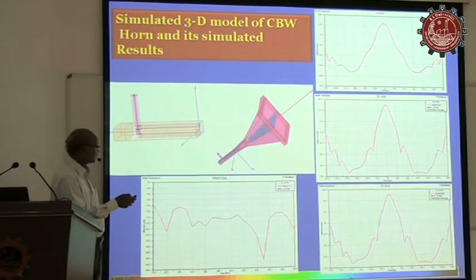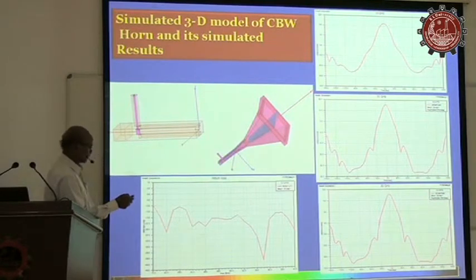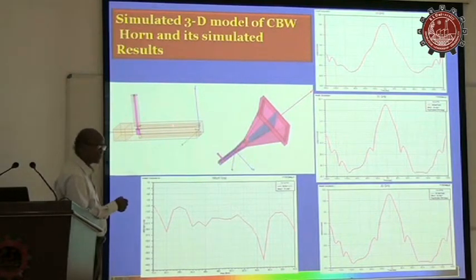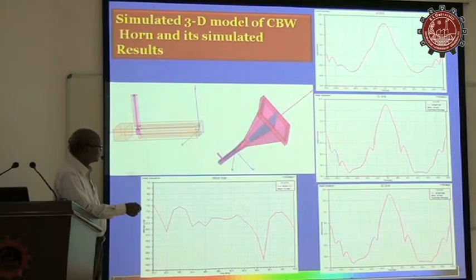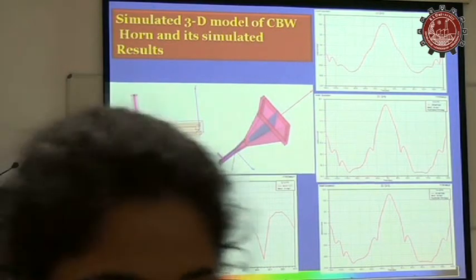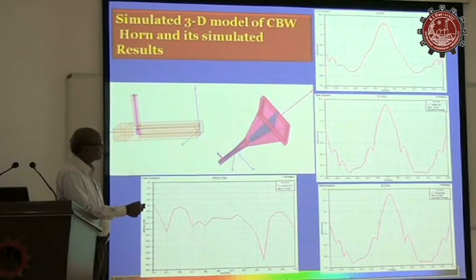So the design, we went step by step like this. First, this waveguide to coaxial adapter. First we designed and simulated it. You see the performance, minimum 20 dB return loss covering 8 to 40. Once you finalize the design, then we went for the horn. Normally, sir, if you truncate these ridges in the horn, control of the beam width in the E and H planes is difficult. So we introduced a small transition. Then we made the horn. Then we applied the constant beam width concept to achieve constant beam width over the frequency of 8 to 40 within plus minus 3 degrees.